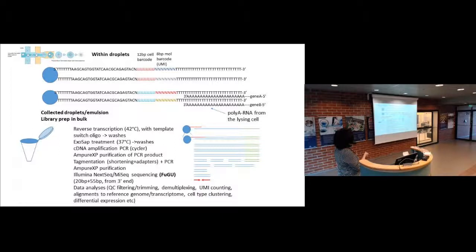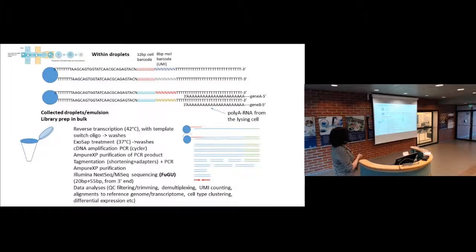And then after the barcode there is the poly T, and once this bead ends up in a droplet with 1 cell, which is then lysed, the poly-A RNA is captured with this T end, and that's all that happens within the droplets. Then we wash the oil away, break it, and wash the beads, and then we do the rest in the